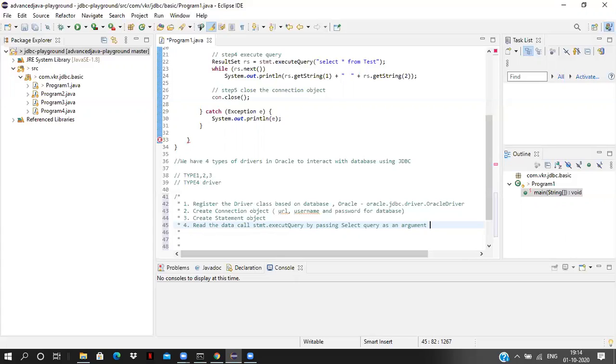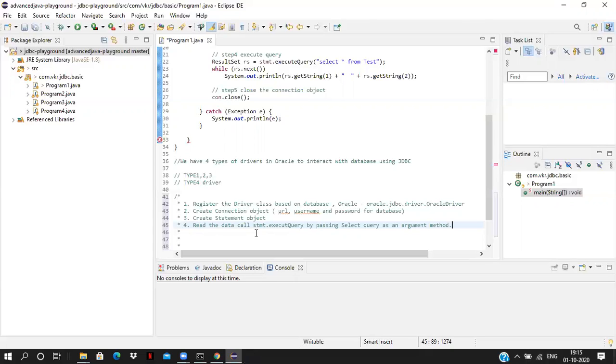Passing the select query as an argument to the executeQuery method, now we are reading the data. So we are just calling statement.executeQuery by passing the select query as an argument to the method. It will give the ResultSet. These are the 4 steps we have to follow to read the data.